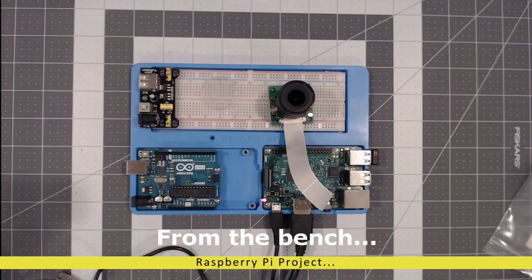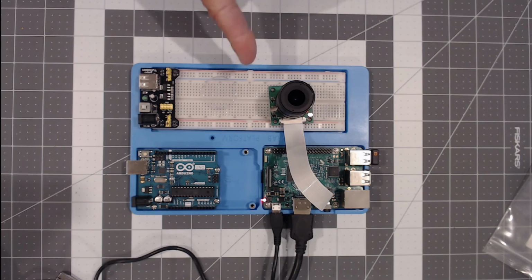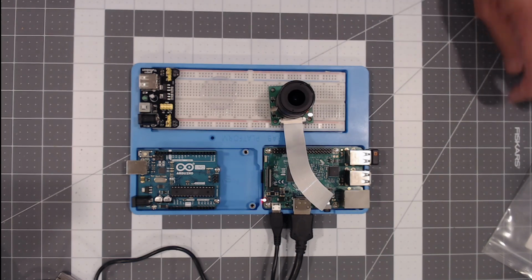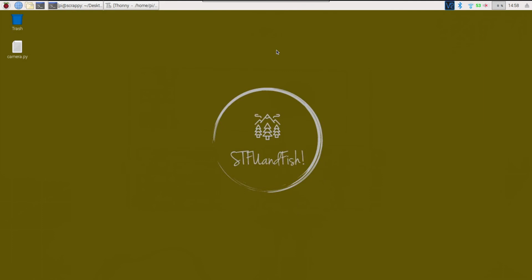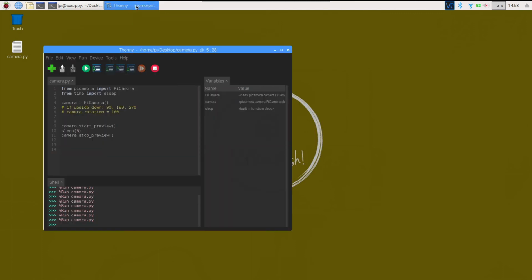Hey folks, we're on the bench. As a quick follow-up to the Raspberry Pi camera setup, one of the guys messaged me directly and had asked about his son. Let me switch over to the computer here. His son is already taking Python in school, but he's having problems accessing the camera in Python. And it's actually fairly straightforward. I'm not sure exactly why he's having that problem, but the basic things he needs to set up are the